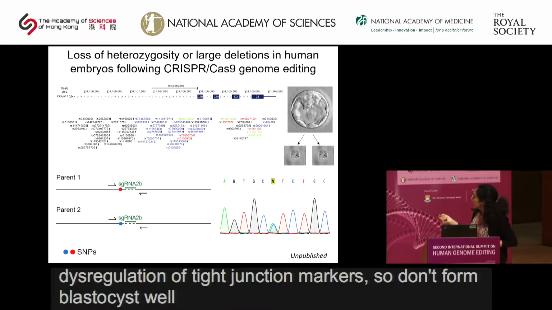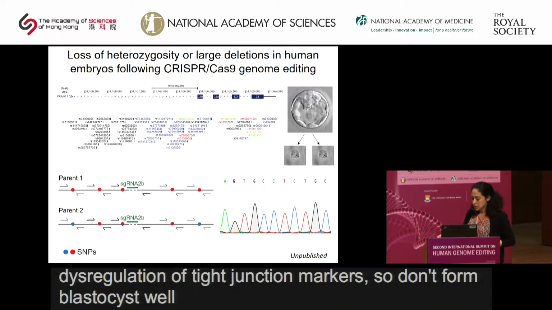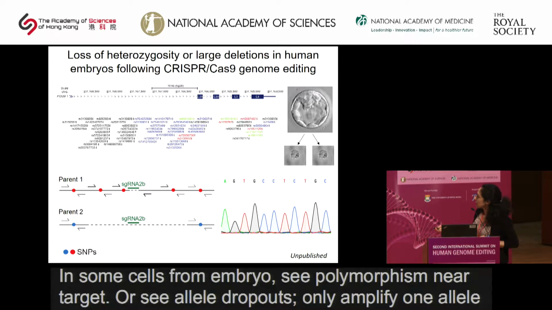But when we isolate a single cell from the exact same embryo where we would expect to see and detect both alleles, we see allele dropout. So now we've lost one of the SNPs. So we're only able to PCR amplify one of the parental alleles, we think. And what we wonder is if we SNP type along this locus, if we reestablish a SNP and bookend